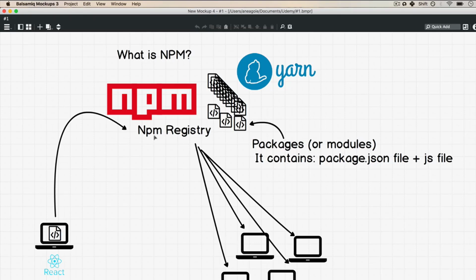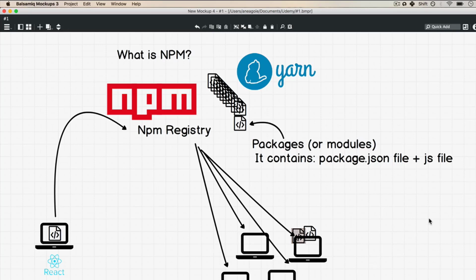So you can see here that this NPM registry is just a registry of all these files of JavaScript that other people have written. And the idea is to have small JavaScript files that do one thing really, really well so that other people can use it. You then compose or combine different pieces of code and different packages on your project to add functionality and not have to rewrite something that has already been written